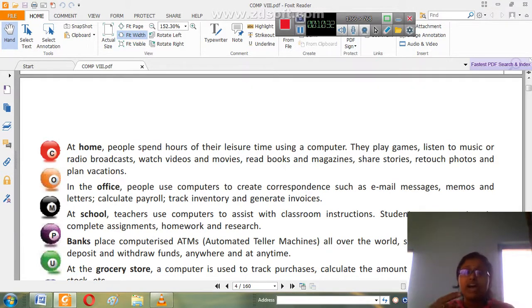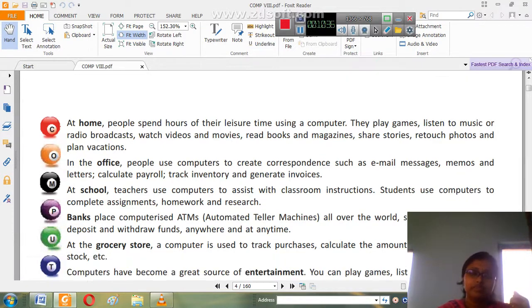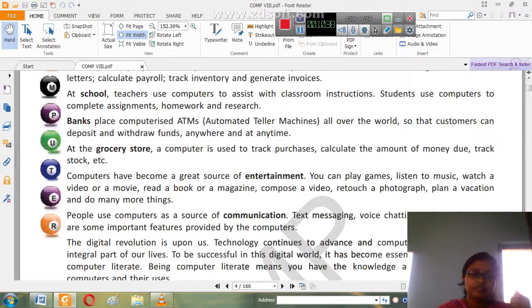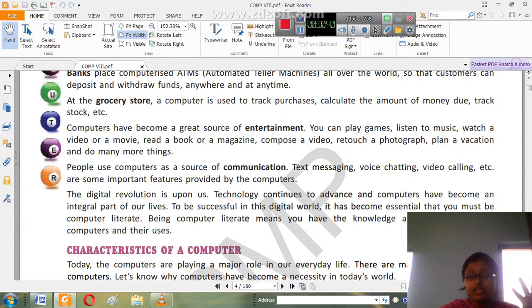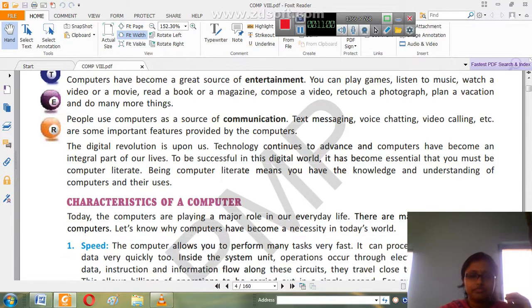And tracking all these things can be done with the help of a computer. For entertainment, to create movies, create some music pieces, to play games, online games. And then very importantly, your social networking, your communication, for that also the computer is very much useful.